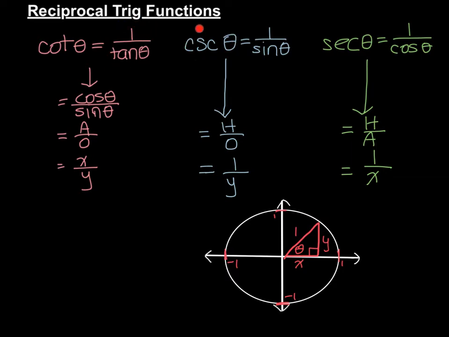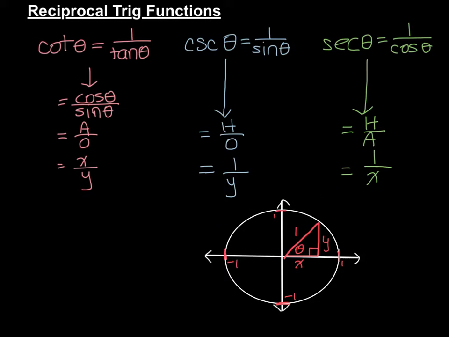If you're ever asked to find the cosecant of an angle, you would type it into your calculator as 1 over the sine of that angle. And for secant of an angle measure, you would type it into your calculator as 1 over the cosine of that angle measure. So there's a few different ways that we could think of these if we're talking about a